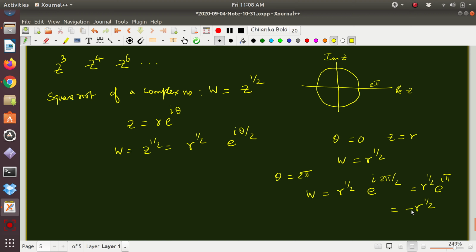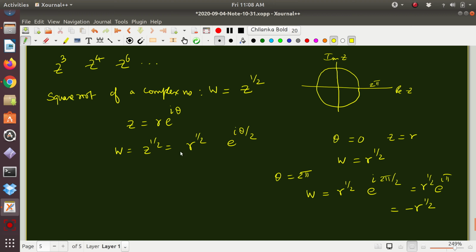In the w plane, the angle has made only half a revolution, even though in the theta plane things have gone one full revolution, because w is z to the half and the argument of w gets divided by 2 due to the square root. So even though theta in the z plane has gone one full circle, in the w plane you would have traversed only half, right? Now if theta makes a second round from 2 pi to 4 pi, then the angle in the w plane will go from pi to 2 pi. So the same point in the z plane gives rise to two different values in the w plane for z to the half.